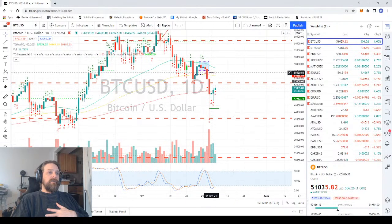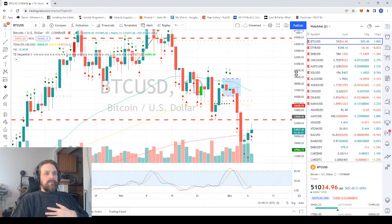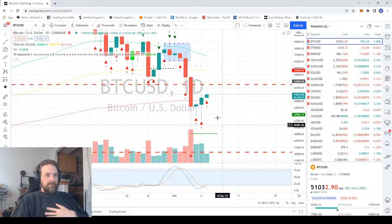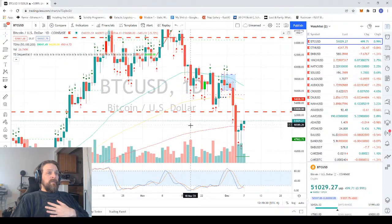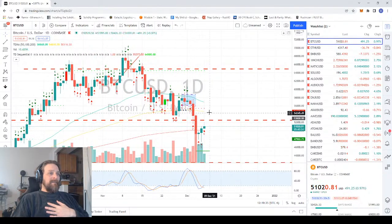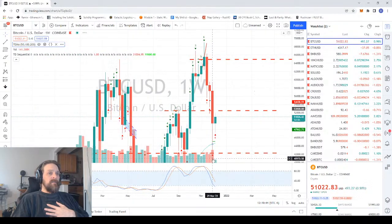So I'm looking at this, and I'm looking at the EMAs. They're going down on the day. I hope you can see that. The 50 is going down, the 100 is going down, and that 200 is looking pretty level to me. It's looking like it could go either way. So we're trying to make predictions for more long-term swings, and I'm not there yet. I'm not there yet. As a matter of fact, I don't think this builds as much confidence as seeing